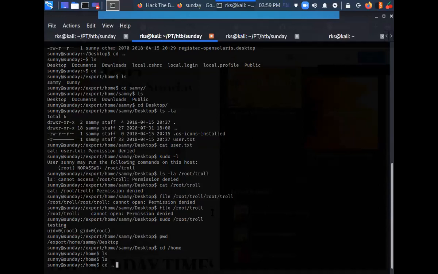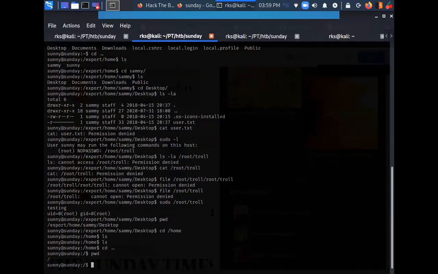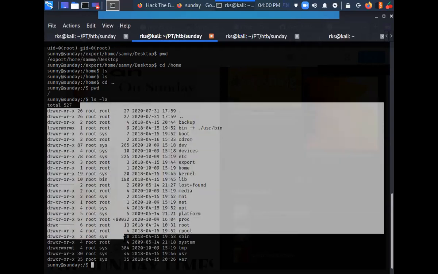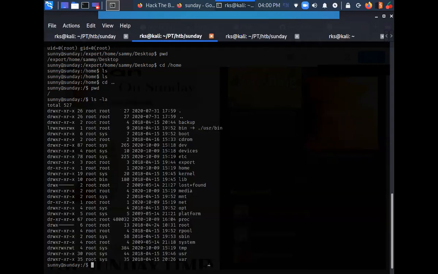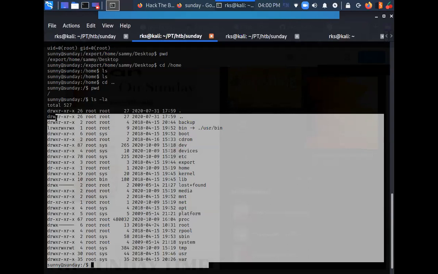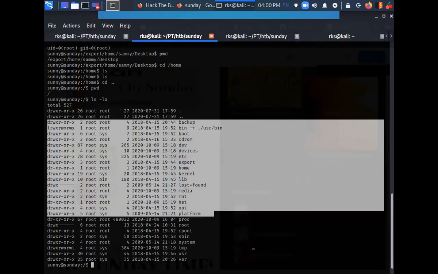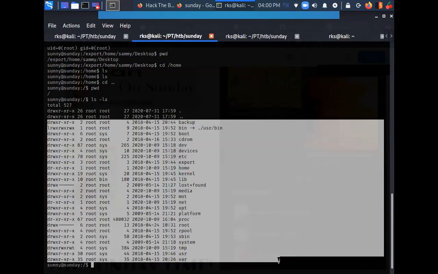Let's do cd ... Everything seems to be standard here. Anything non-standard here? rpool.